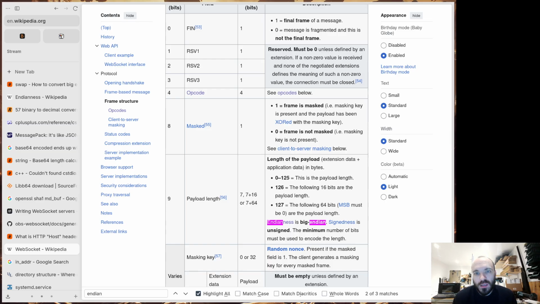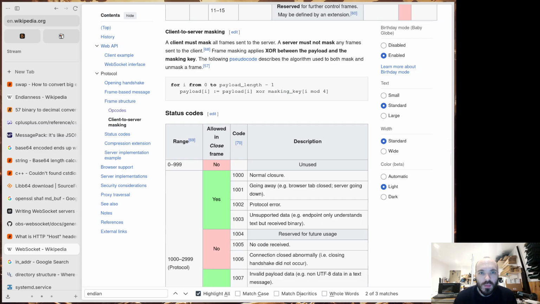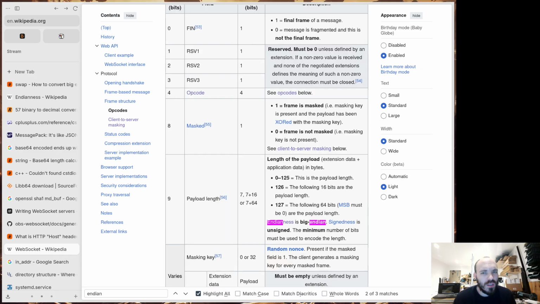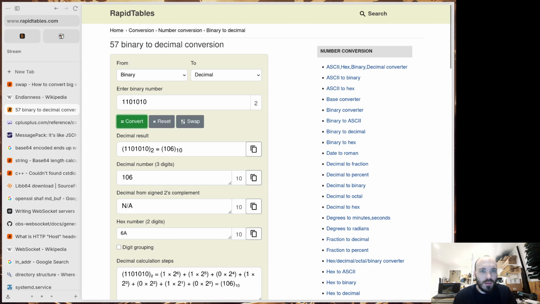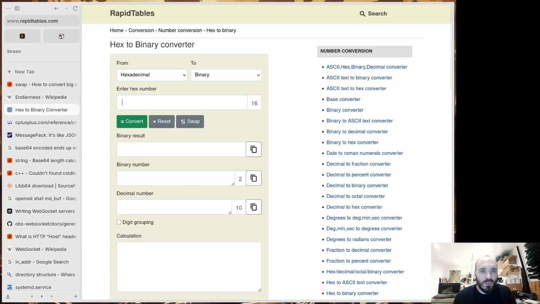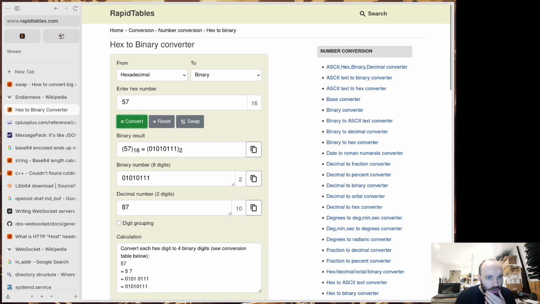Frame is masked. Masking key is present and the payload has been XORed with the masking key. This is client to server. A client must mask all frames sent to the server. A server must not mask any frames sent to the client. Frame masking applies XOR between the payload and the masking key. That's where things are getting a little bit odd, because if it says the server should not, and then if I look at my number, which was hex to binary 57, then realistically that 0 here would be the correct value,